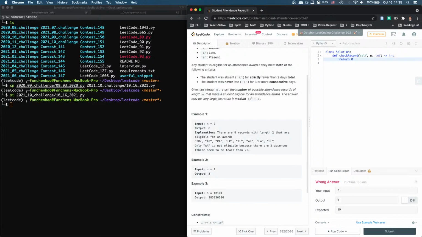then we say the next one, if it's a P, then it's all good to go. So we go 1 position, it's all good to go, so we have 3. If it's going to be an A, then the remaining has to be just no A but L. If no A but L and the 1 situation, that's going to be 2. And then